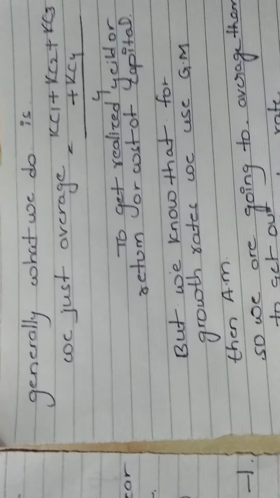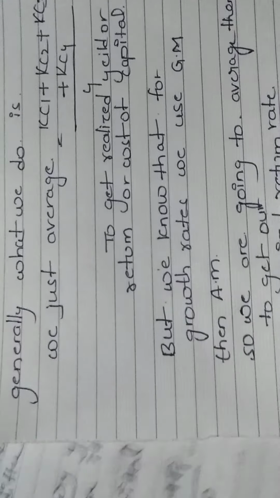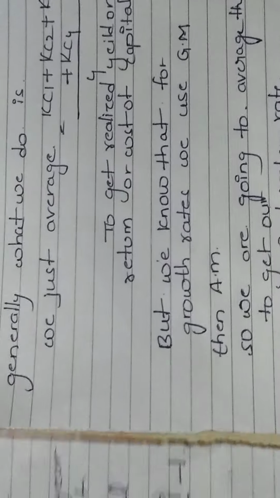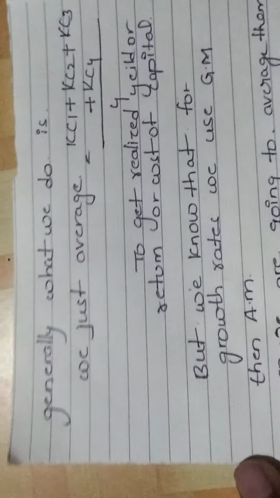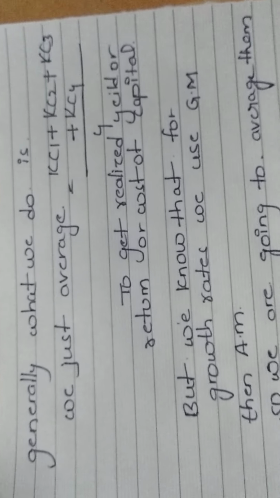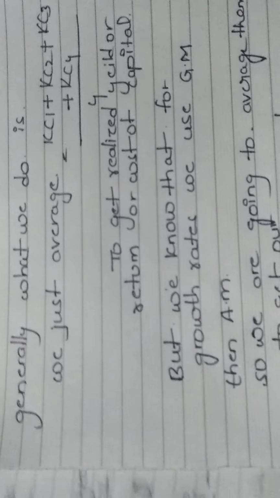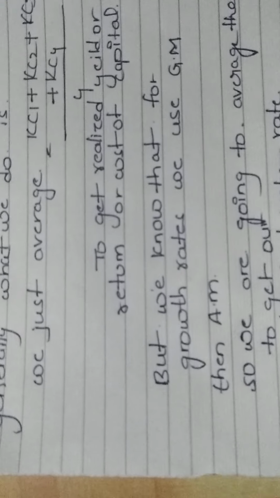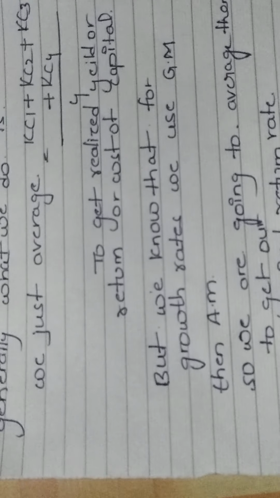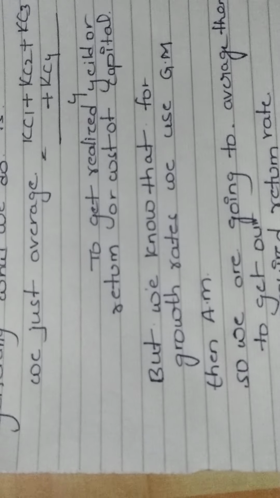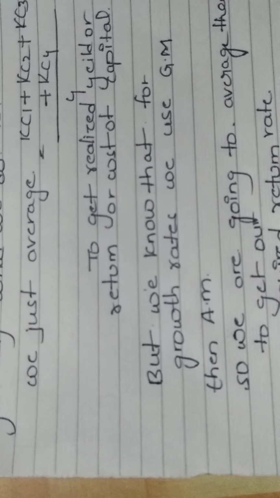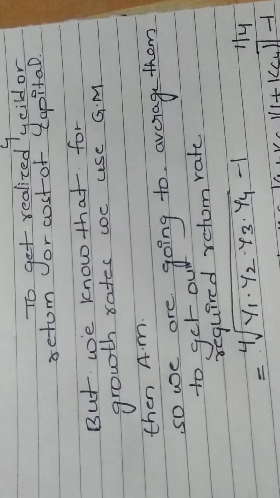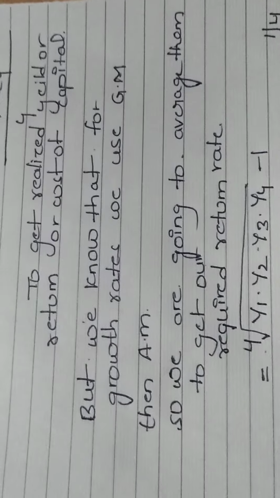Generally, what we do is just average, that means A plus B plus C plus D divided by 4, the sum divided by how many numbers there are, to get the realized yield or return or cost of capital. But we know that for growth rates, like population growth, we generally use GM, not AM. We generally use geometric mean rather than arithmetic mean. So we are going to average them to get our required